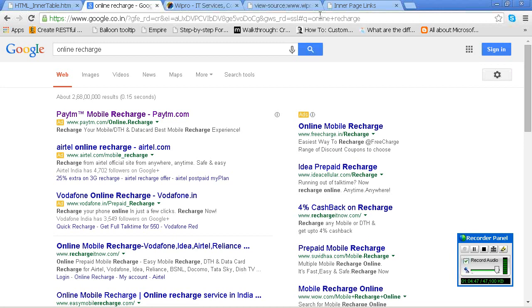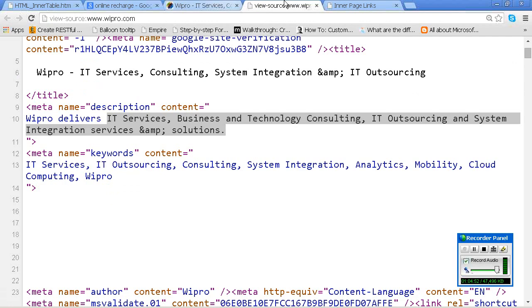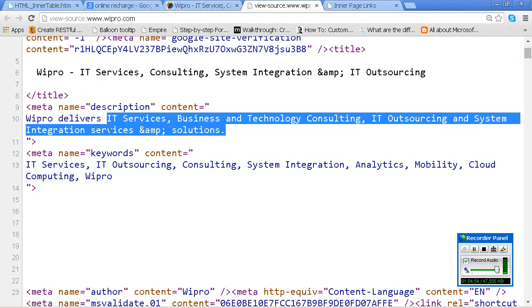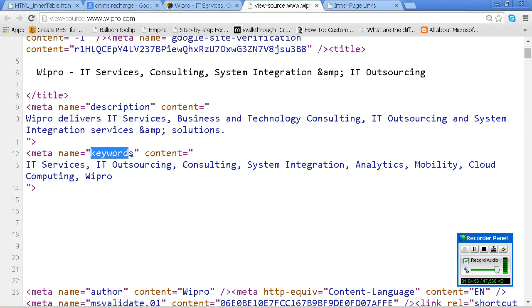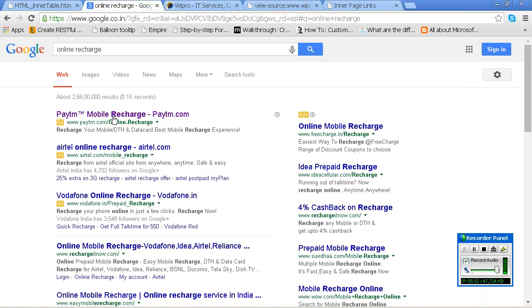So if you want your business also to be available in the Google search, what will help you out? Title, not only title, keywords, especially keywords. Here I am giving Paytm.